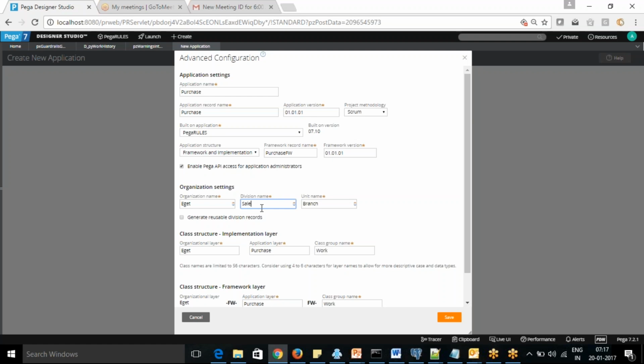Based on that, for each one of them you need to maintain separate rules. The process is completely different in a branch and in a call center. How you handle the calls in a branch and how you handle them in the call center, you need to maintain that as well.